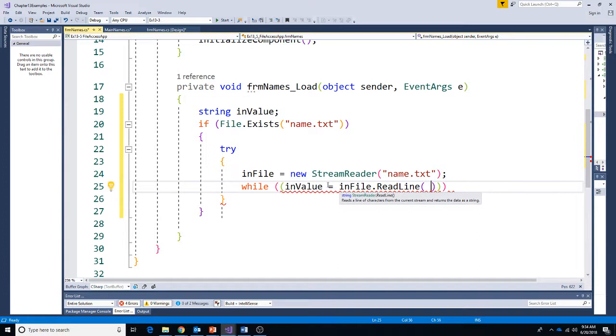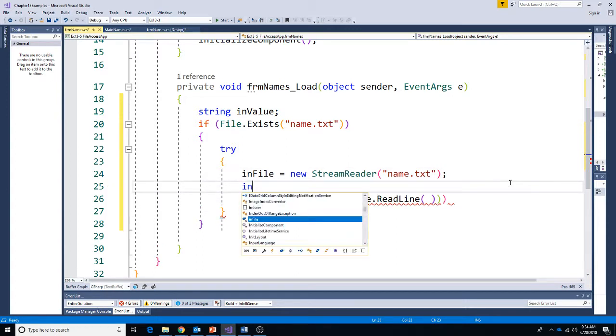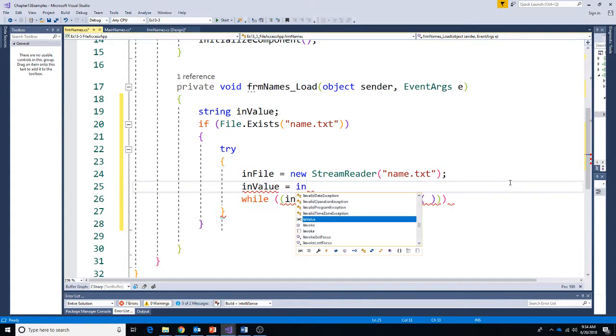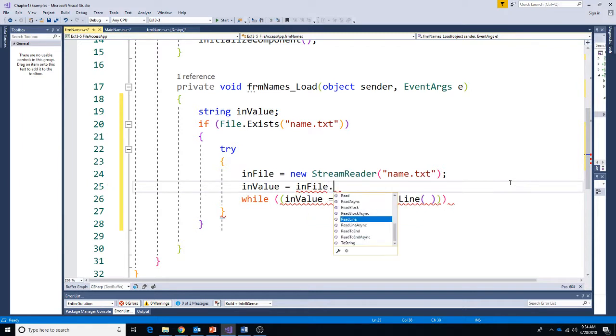So whatever we get from that ReadLine is what we want to do, or read. Let's do this a little differently than our textbook. Let's set inValue equals inFile.ReadLine outside of our loop, and then we'll say